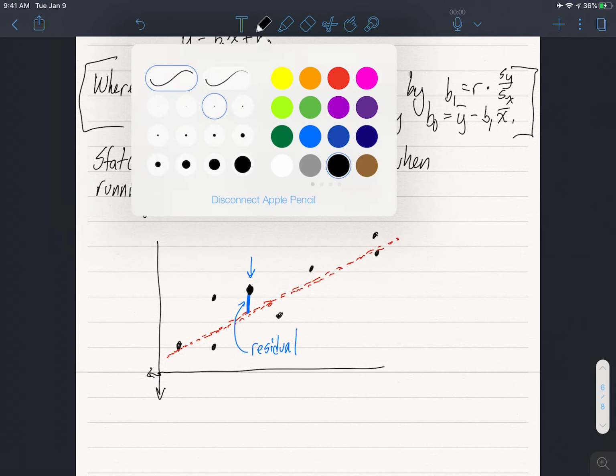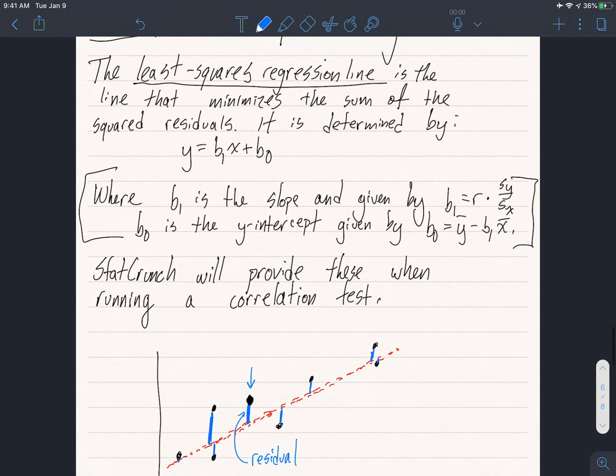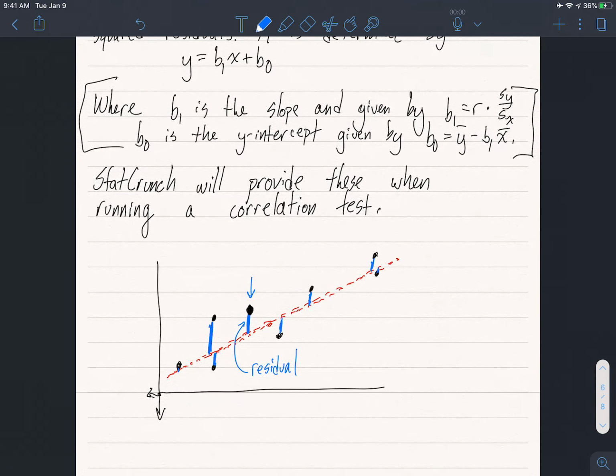And each of these points has a residual associated with it, right? There's almost none there. There's a lot there, a lot here. See, they're all off the line a little bit. And so this regression line in red, this least squares regression line, minimizes the distance between the observed points and that line. And that's the point I'm trying to make, is the computer's going to do this for us. The computer's going to figure out what that red dotted line is, so that we don't have to figure out what line minimizes these residuals, minimizes the distance between the actual observed points and this regression line that they're